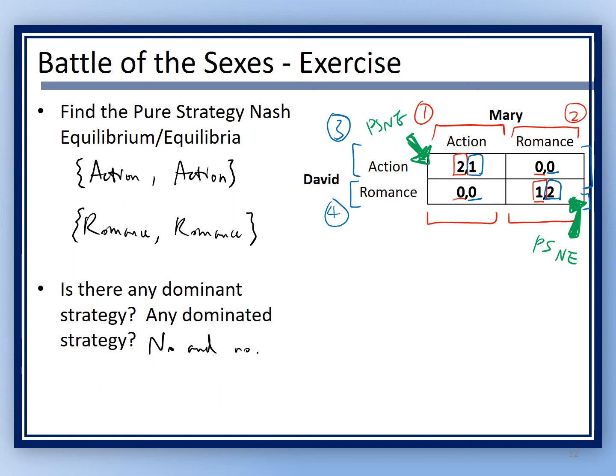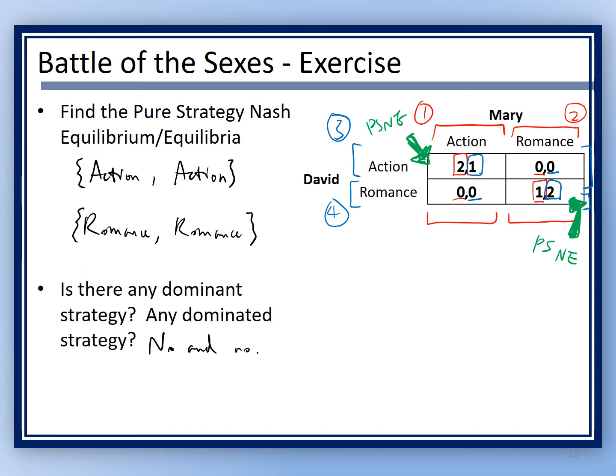That is, if David knows Mary is choosing action, he's going to choose action. If David knows Mary is going to choose romance, he's going to choose romance. These two are stable. If you actually ask two people to make a choice without knowing what the other